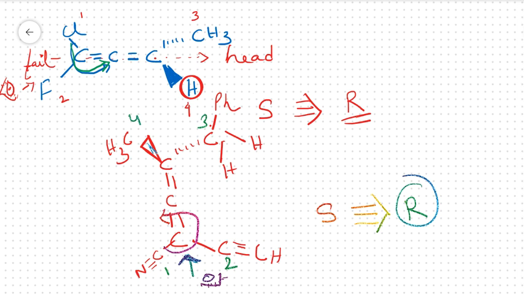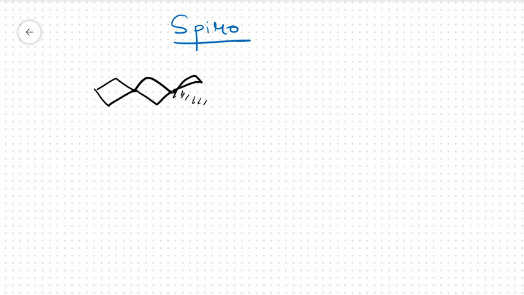So this is for allene. In some cases like spiro or biphenyls or cyclic, the system is almost the same. That is, we have to look from the tail part. Those having the front or rear group will be the head and this normal part will be the tail. So we have to look from the tail part always. Okay. So moving on to spiro, we will talk about spiro. So how does spiro look? So let's start with the structure. The formula, that even part and odd part, will also follow in the same way.